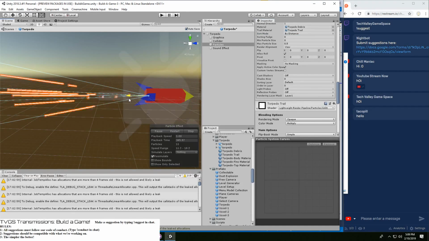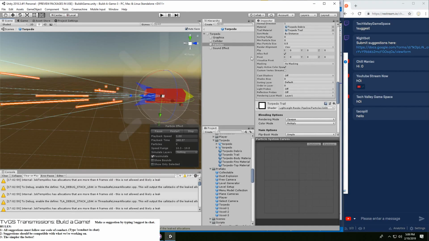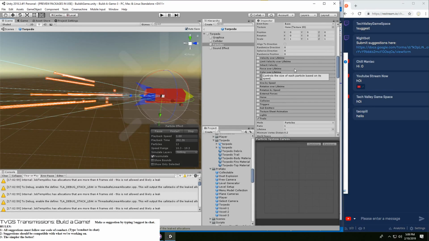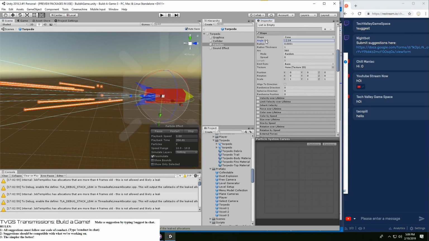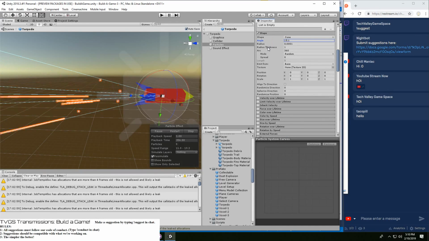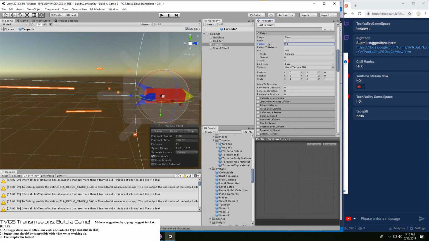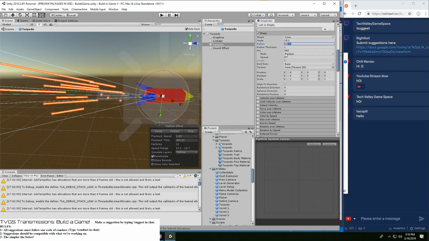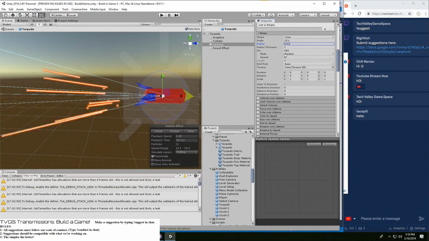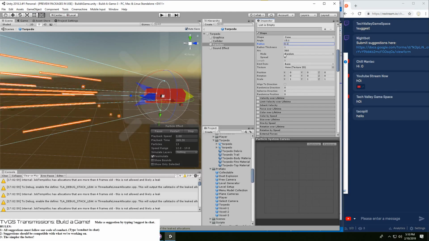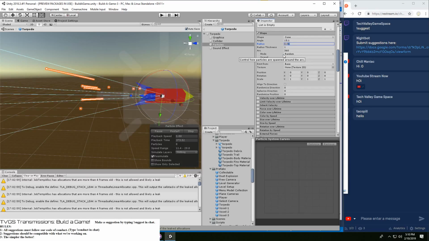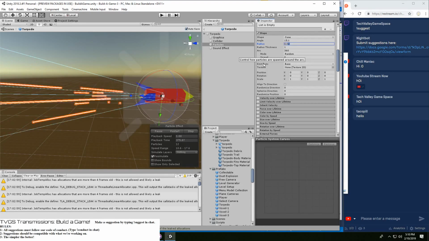It looks like it's actually showing stuff a little closer. We may want to slightly change the size here. Okay. Right, so we're working at the scale of here, then 2. That looks right.